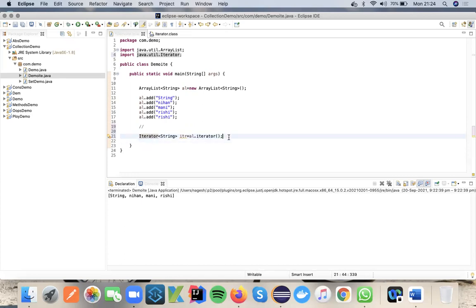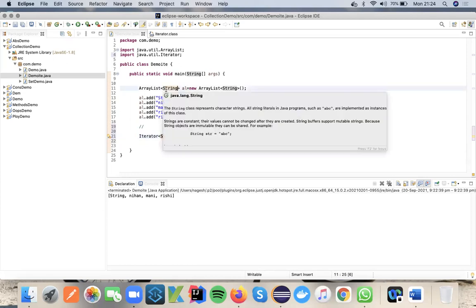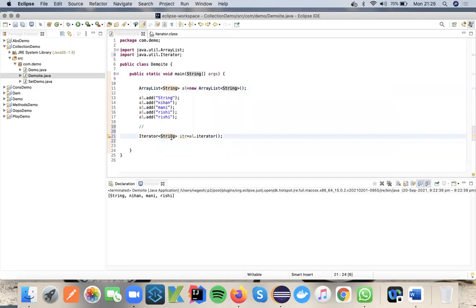Perfect. So now we will try to understand what this syntax is all about. Iterator is an interface, a predefined one. If it is a generic type, whatever type of objects are present in the ArrayList, LinkedList, or Vector, the same type we have to use in the Iterator.